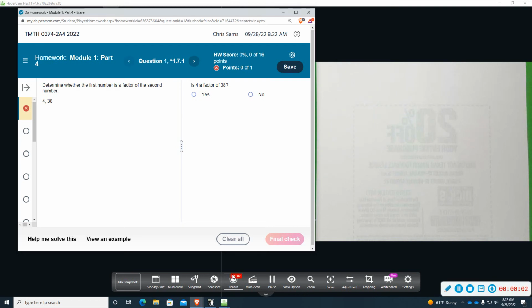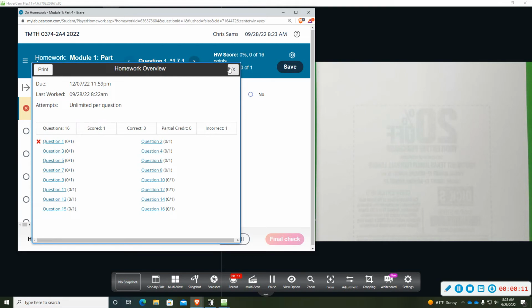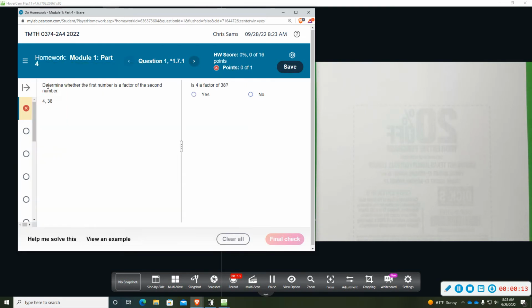All right, today we're going to be looking at Module 1, Part 4, and looks like we have about 16 questions, and we're going to be using some divisibility rules. So this first question is wanting us to determine if the first number is a factor of the second number, meaning is this number divisible by the first number. So there's a couple different things we can do. I do want to show you